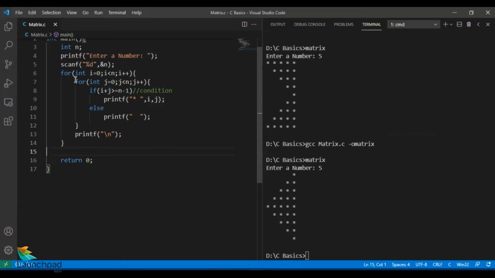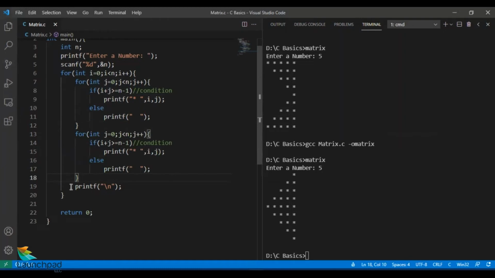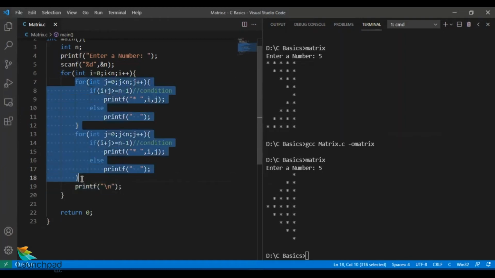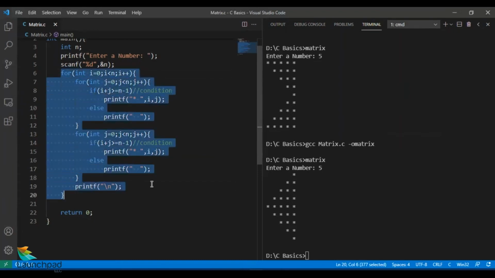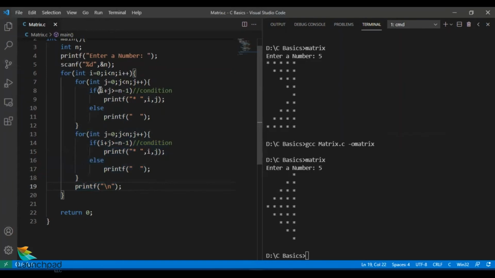In that case, I should only copy this J for loop and print it one more time, and that should happen before the new line character. So you have two J loops before printing a new line inside a single I loop. The first J loop represents the first pattern, and the second J loop represents the second pattern.